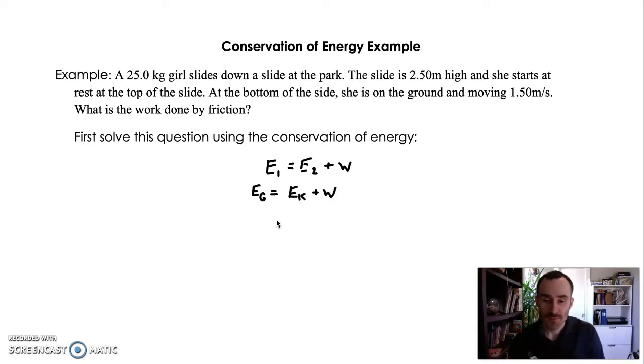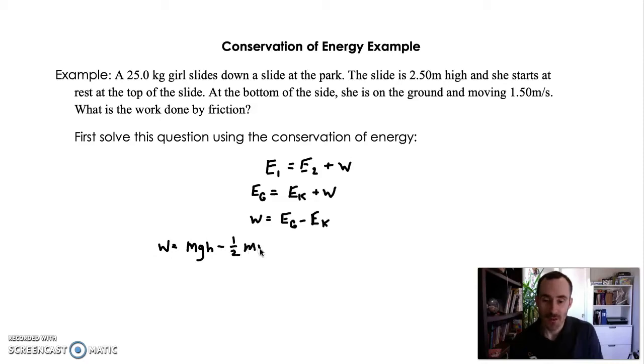So now, to figure out what work was done, let's rearrange this a little bit. So we get work is equal to EG minus EK. And then when we put in our formulas for those things, we'll be able to solve for this. So I'm going to move it over. Work equals mgh minus